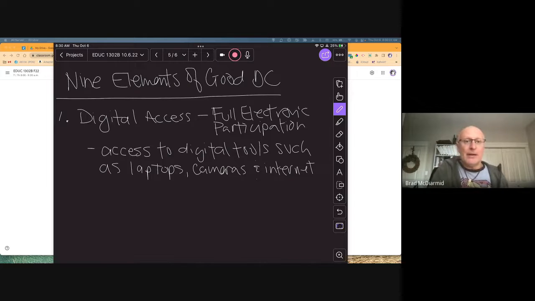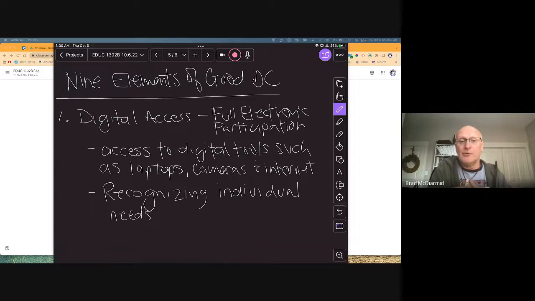Okay, all right. One of the other parts of this digital access piece is recognizing your individual needs, because what we do with our technology is different, and our needs from person to person are different.